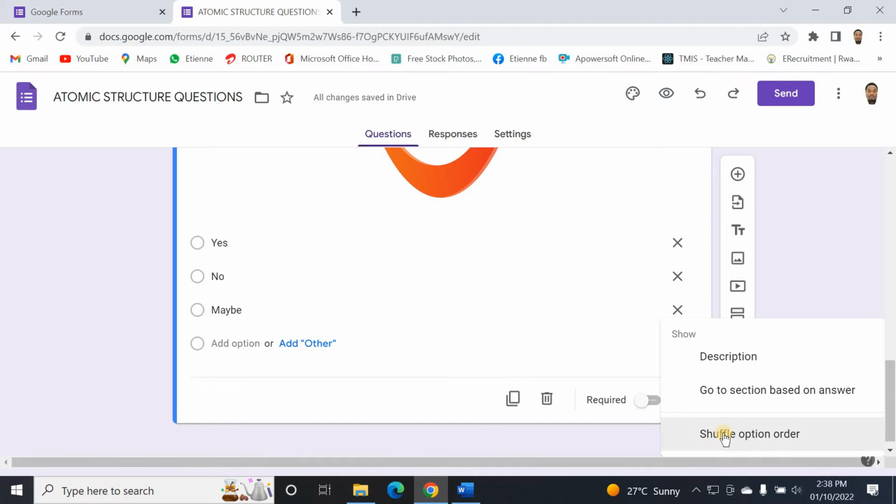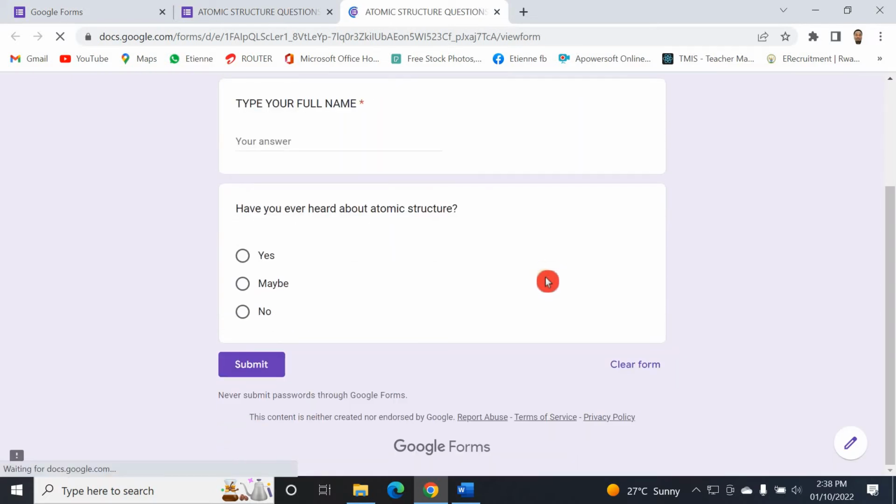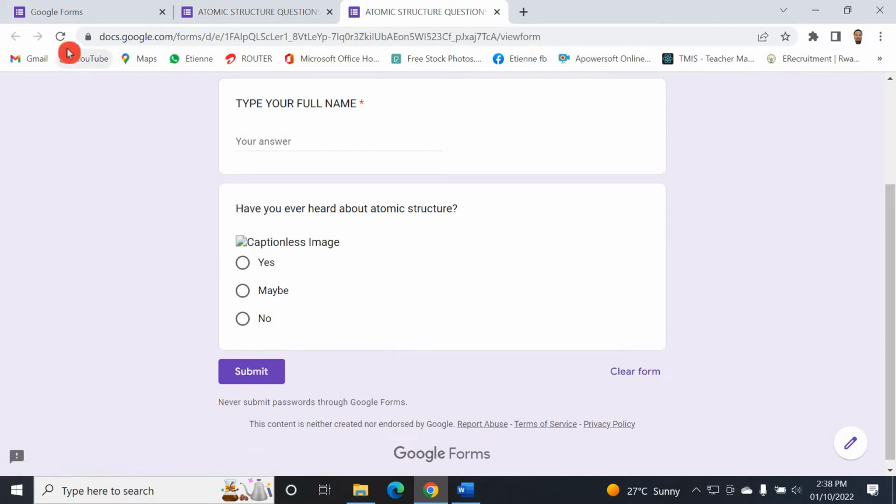Let me shuffle now the option order. Let me just click here and go to preview. Let's see. You can see what I have here. And the picture now is being loaded. You see it's still loading. And here you see I have yes, maybe, no. Anytime I just